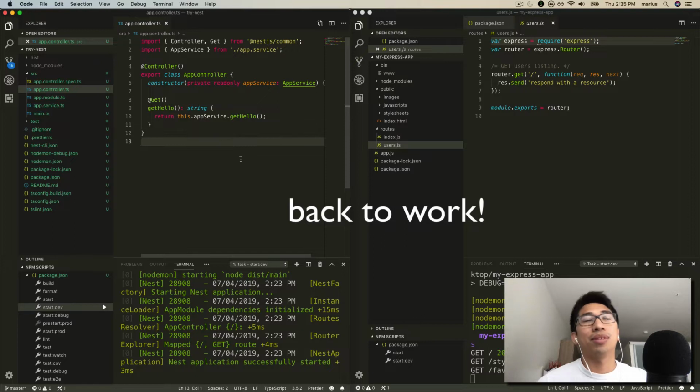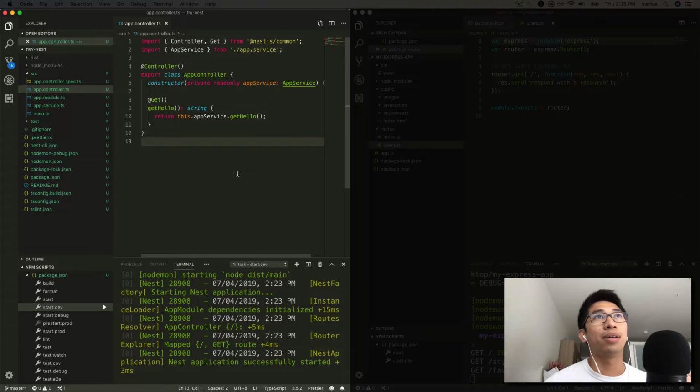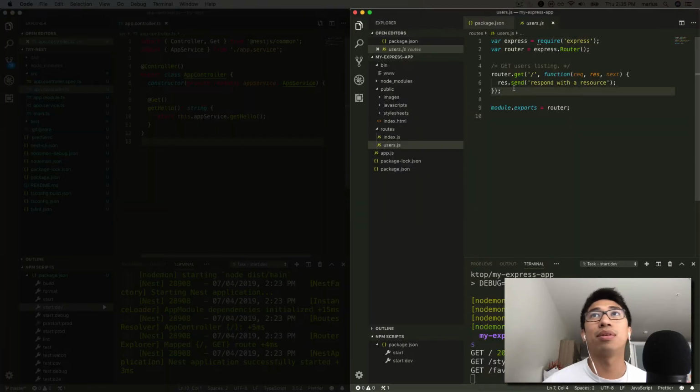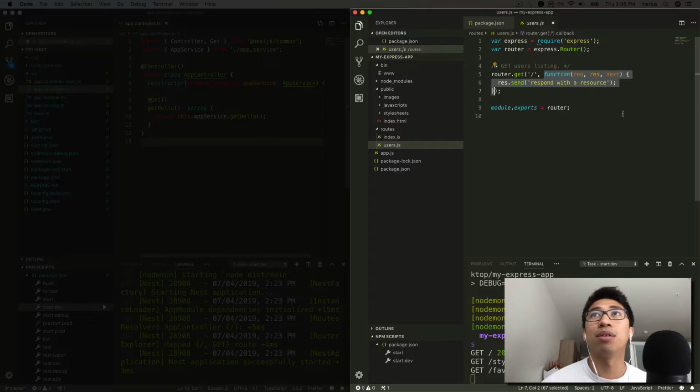Alright, so kind of compare the controllers a little bit. You can see that in Nest, it's very class-based, whereas in Express, it's more function-based. And you see here where they define a router, and then you define the HTTP method, the path, and then the callback function of what it will do when it gets to that path. And you can actually extract this function to a named function if you want. So for example,